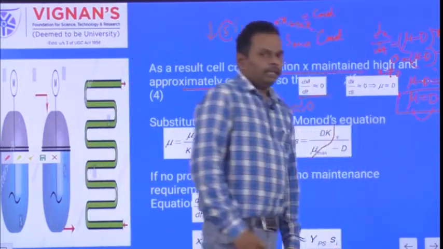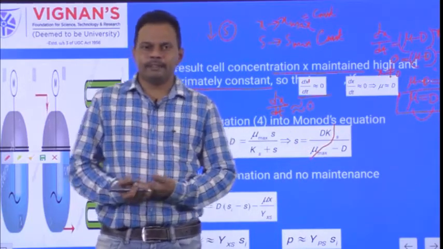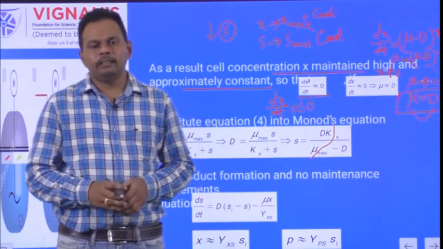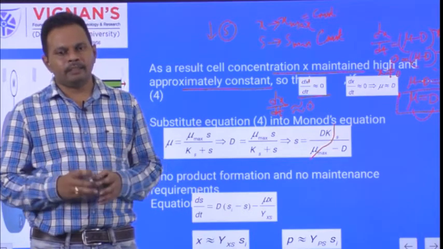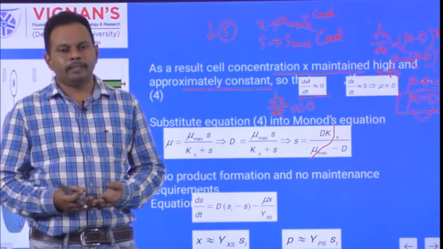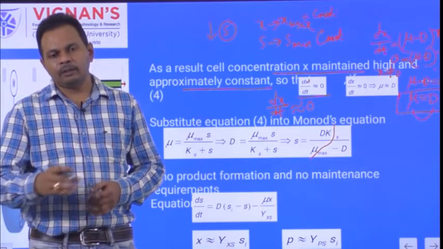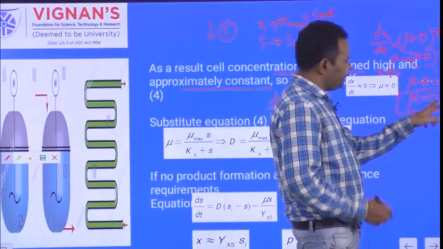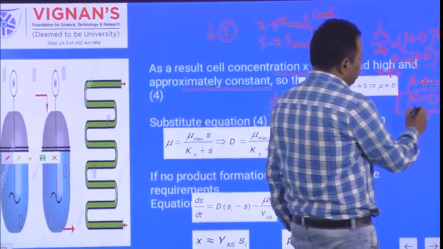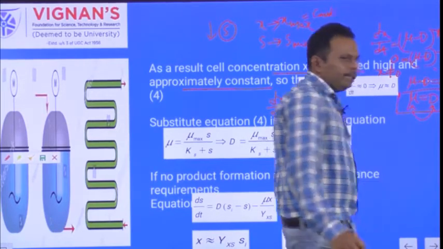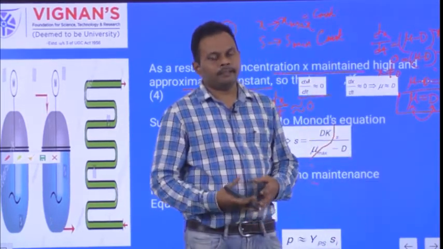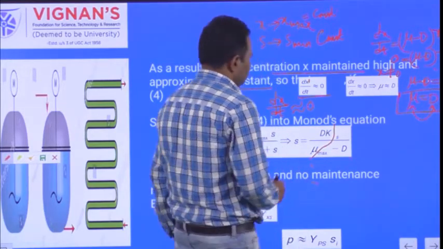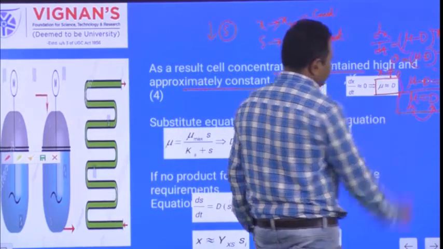What does this mean? At high cell density, if you start the fed batch fermentation, that means you start giving the feed with the medium flow rate. Whatever amount of substrate you give to the fermenter is consumed by the cells, and according to that you get the growth of the cells. Dilution rate is again F by V. So the mu value depends on the dilution rate. When the dilution rate is high, the growth rate of the cells is high. When it is low, the growth rate is low. From this you obtain the equation mu is equal to D.